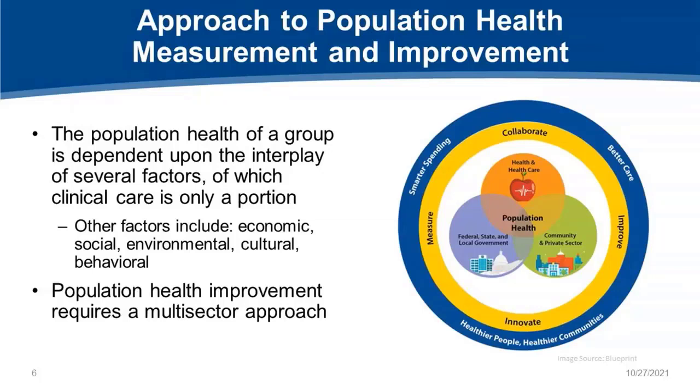Most quality measures rely on data from claims or from electronic health records, which typically don't include information from those other entities. And that shouldn't discourage us. Population health measures that rely on clinical data can tell us a lot about the health of key populations and highlight areas where external factors like those listed on this slide come into play. So the goal with population health measurement is to think broadly about a given population and try to understand the extent to which they're engaging in good health behaviors and experiencing positive health outcomes.